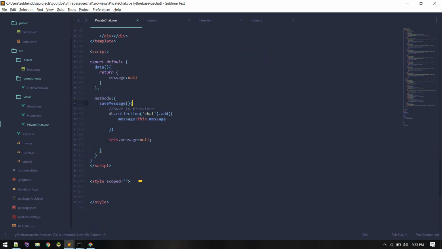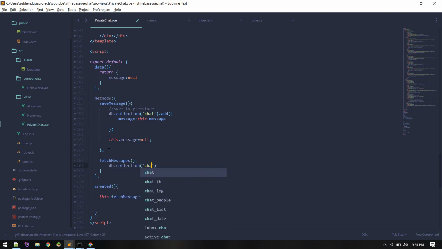So we will do that on our created lifecycle. Whenever this component is created, we will fetch all messages. This dot fetch messages, let's create that method, fetch messages, and we'll fetch using db and then the collection name. So we are fetching from the chat collection, and then we need to do get. So this will get all messages,